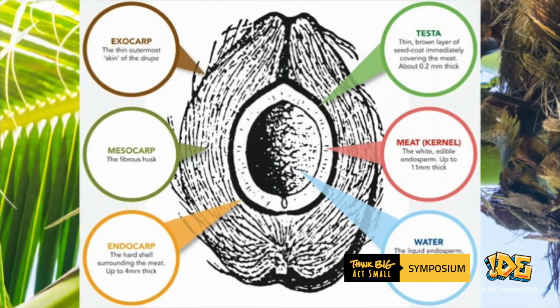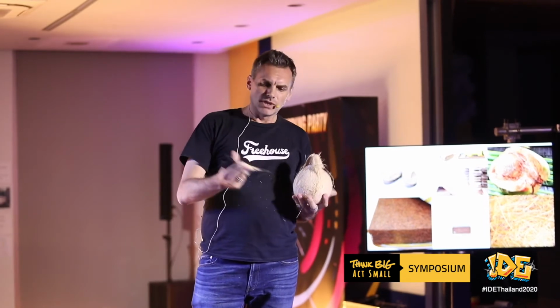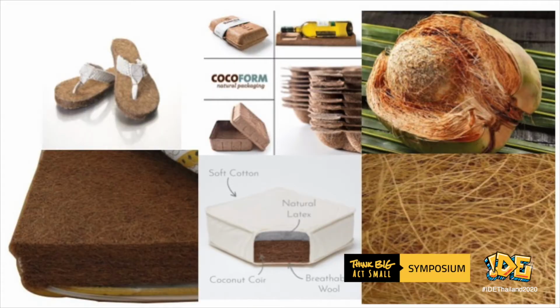But when it goes to a mature nut, what we have is five inputs that can make product. So after the shell, we have the meat, and after the meat, we have the water. Now, let's start off with the coir fiber. Here's your coir fiber. It's been traditionally used for rope. It's been made into mats, made into brooms. But when you take it to the next level of processing, what you get is some innovative products,